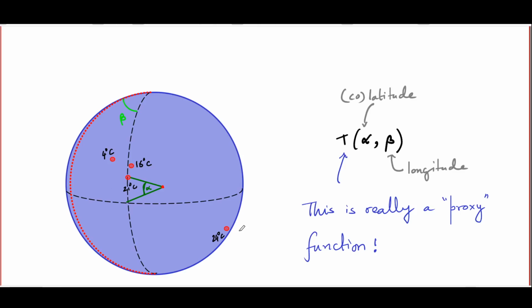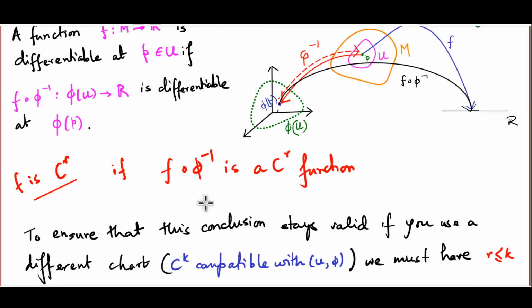So while we have been careful to distinguish the function f from the proxy function f composite phi inverse, very often in practical usage, the distinction is rather blurred. When we talk about a function on a manifold, we usually, more often than not, are actually talking about the proxy function. Now with this out of the way, let us move on to discuss a slightly more involved case,